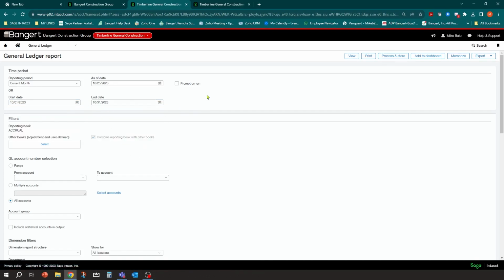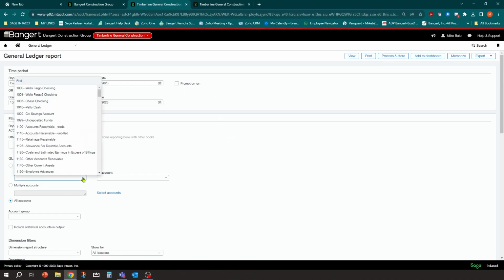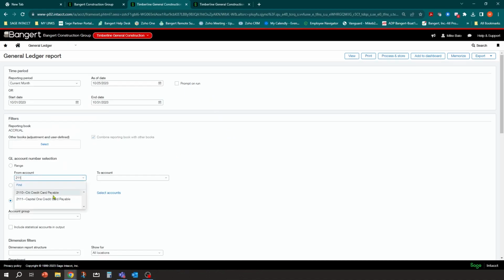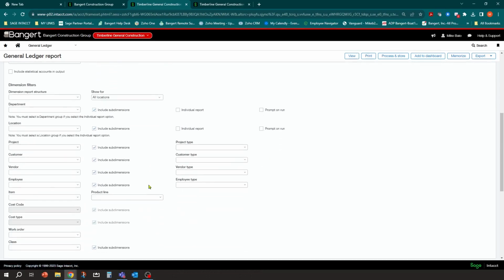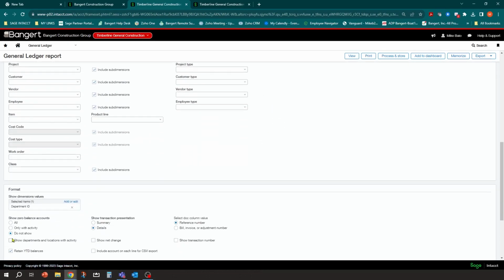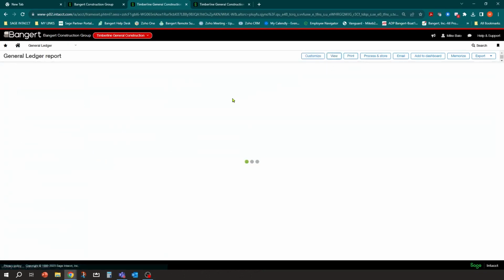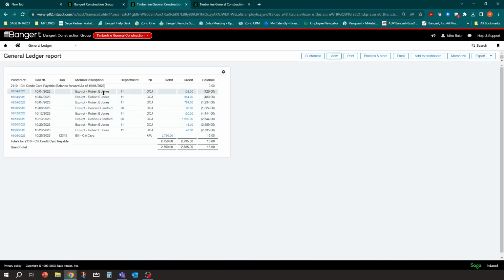You want to see the activity for October. We just want to pick our credit card payable account, city credit card payable. And you want to make sure that you also say detail here in your transactions. I want to see all the detail. And I'll click view. So this will give me a general ledger recap of what happened for the month.